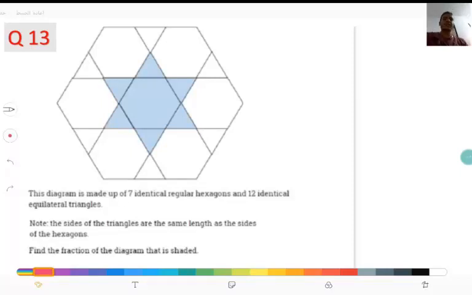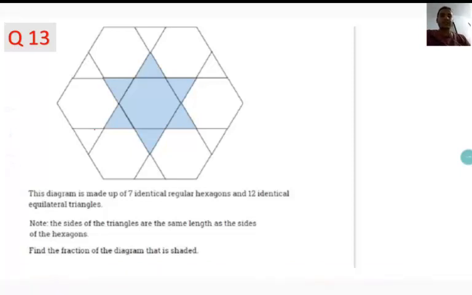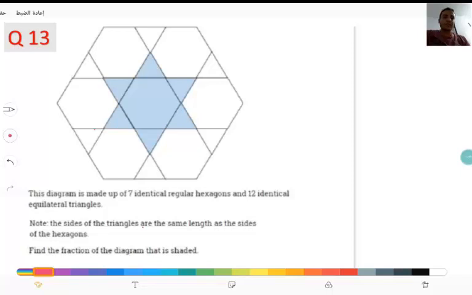This diagram is made up of 7 identical regular hexagons and 12 identical equilateral triangles. Note, the sides of the triangles are the same length as the sides of the hexagons. Find the fraction of the diagram that is shaded. When he says that the sides of the triangles are the same length as the sides of the hexagons,